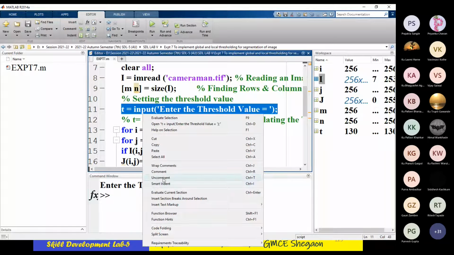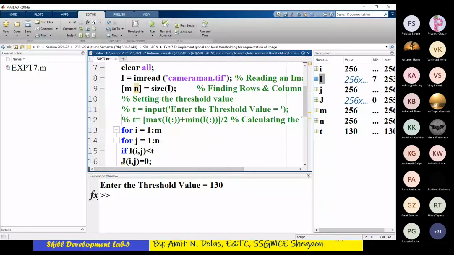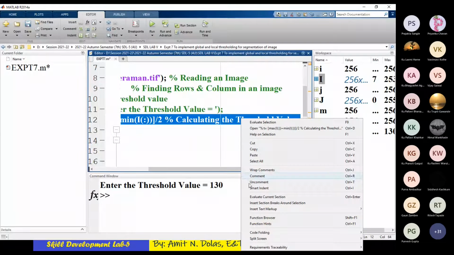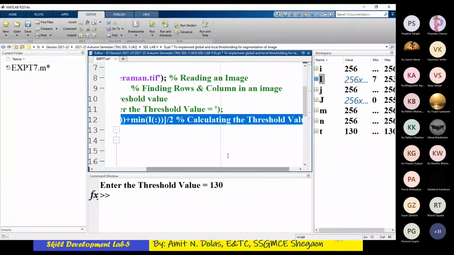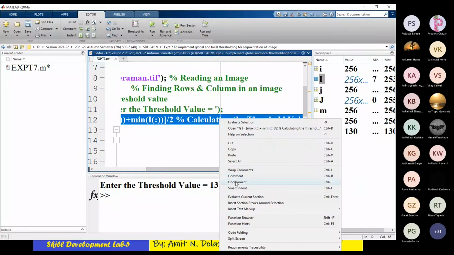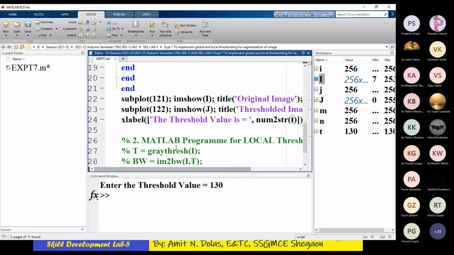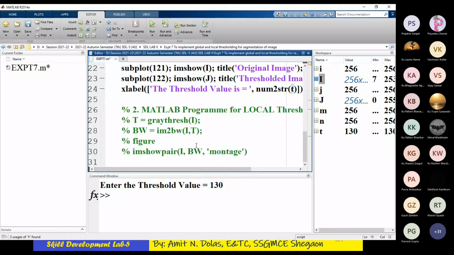Again, I will comment this. I wanted to run the further part of the program. So what is the further part of the program?